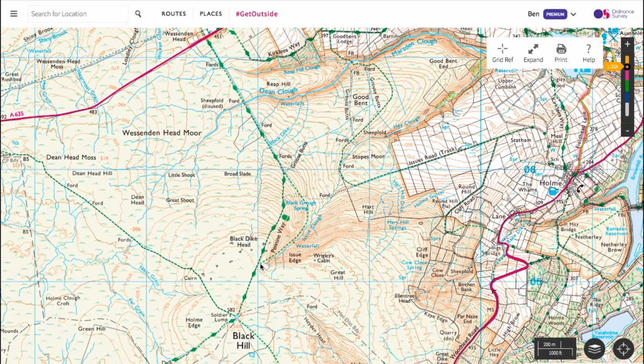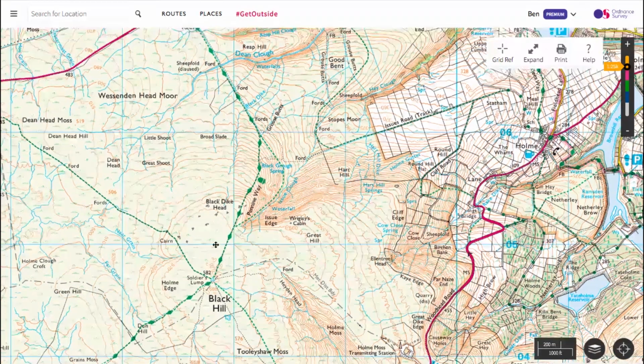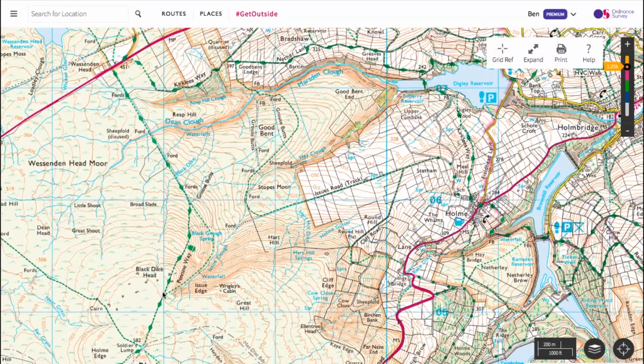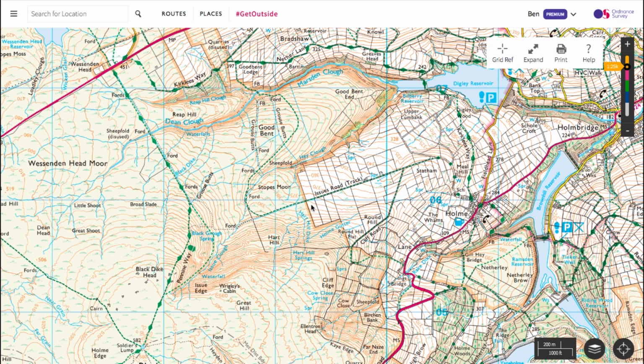Yeah, and then we walked down this section of the Pennine Way, and let's have a look. Where did Dexter leave me? Left me before the road. Head off down to the reservoir, Digley Reservoir. So Dexter left me about here, and he followed this, I believe. Yeah, I'm pretty sure he followed this